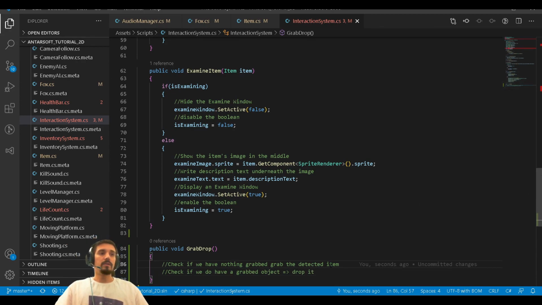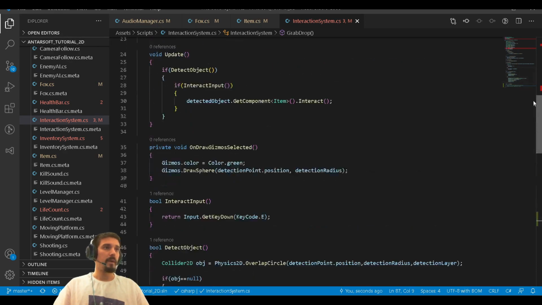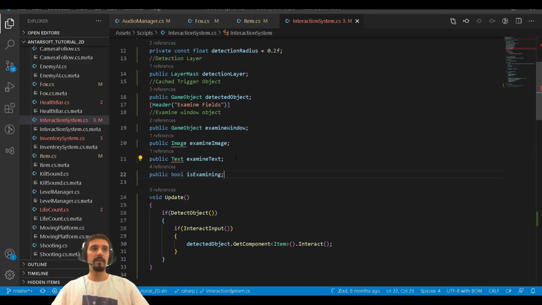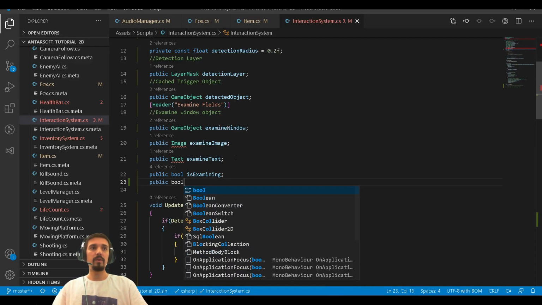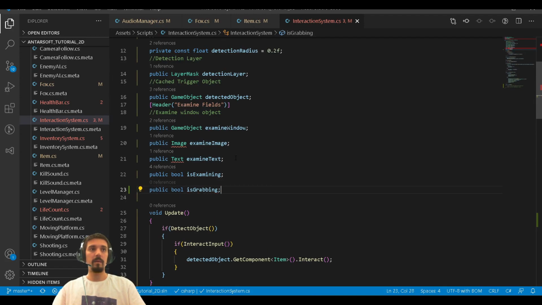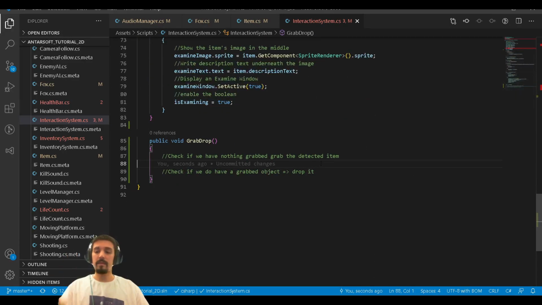So now you tell me, how do you know that you have something grabbed or not? It's quite simple. By default, we have nothing grabbed. We have empty hands. But then we're going to create a Boolean called isGrabbing. And by default, it's false. You don't have to write false, because Booleans by default come as false. So we keep that up there, and we have to check if isGrabbing